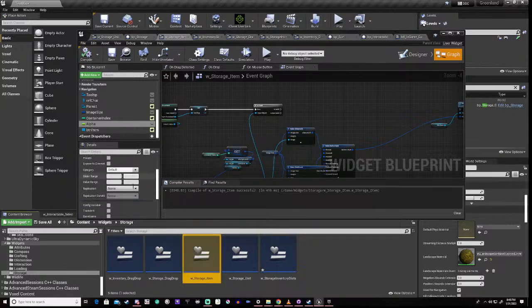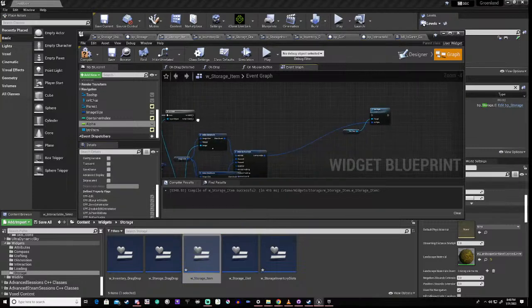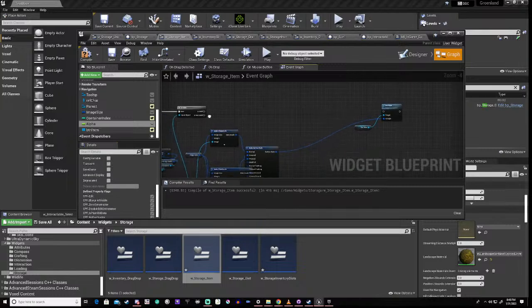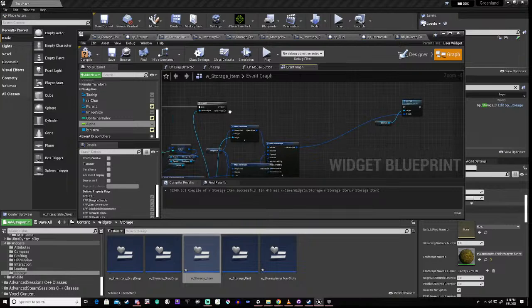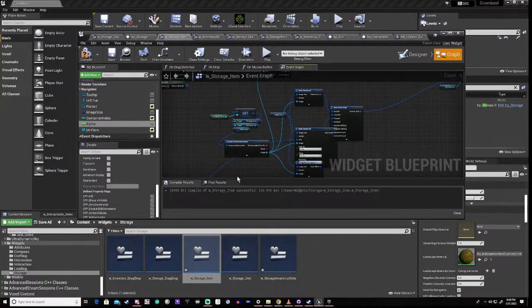We'll default it to 1, let's say. And fundamentally,